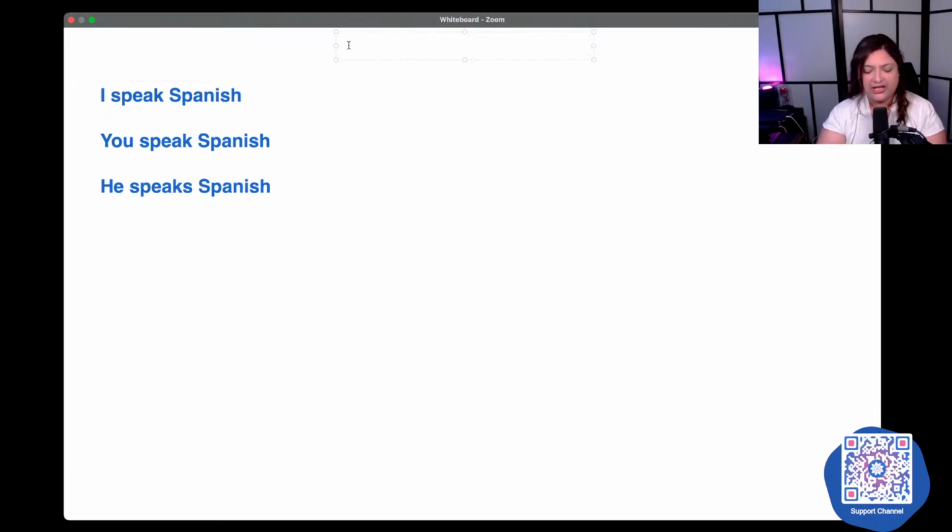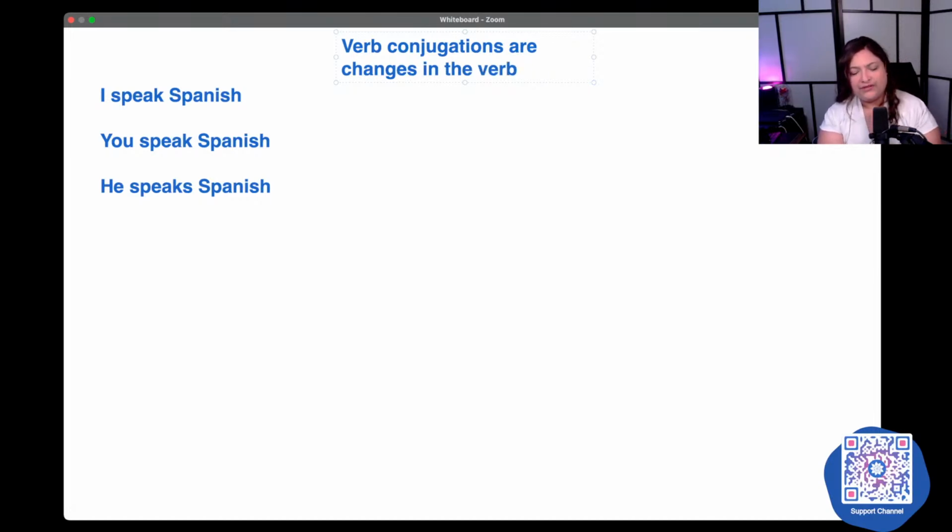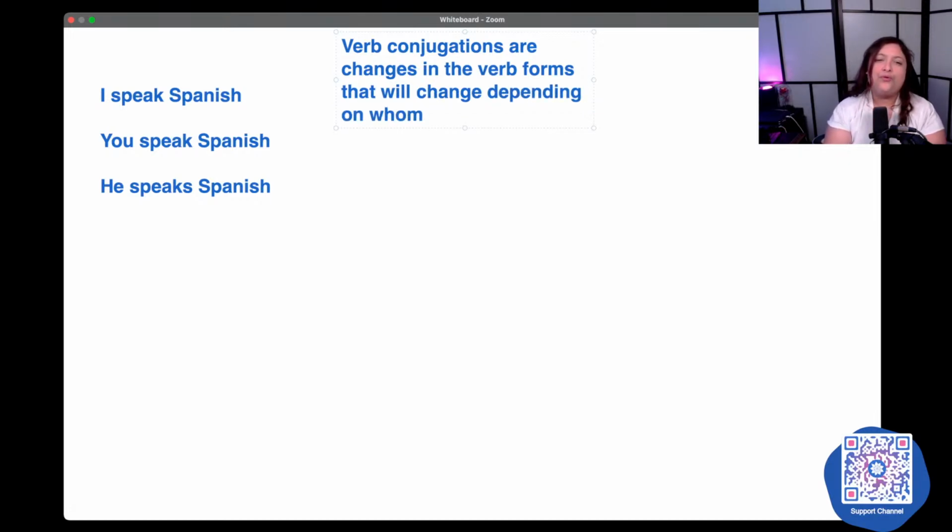So verb conjugations are changes in the verb forms that will change depending on whom you are talking to or about, and when you are talking about.